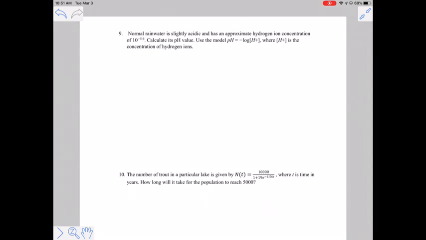Okay, question 9, this is from section 4.7, applications of logarithmic functions. It's talking about rainwater, the hydrogen ion concentration is 10 to the negative 5.6. So there's our H plus value. Use the model, calculate its pH. So pH